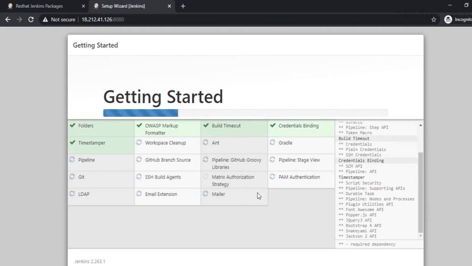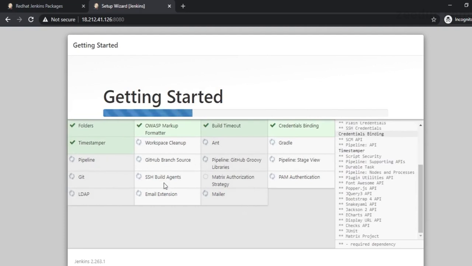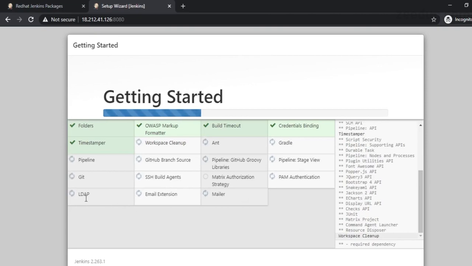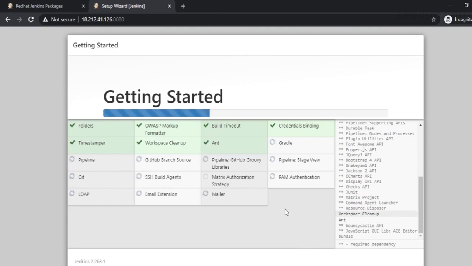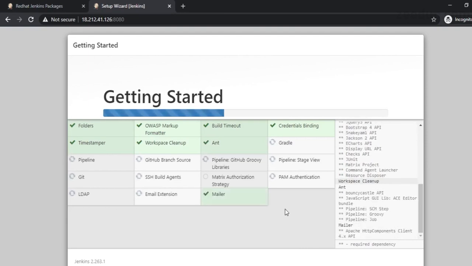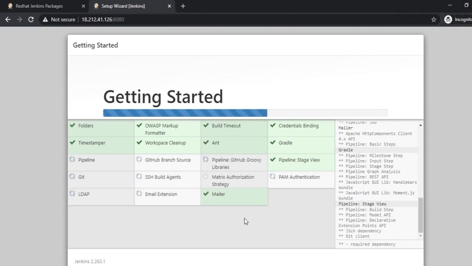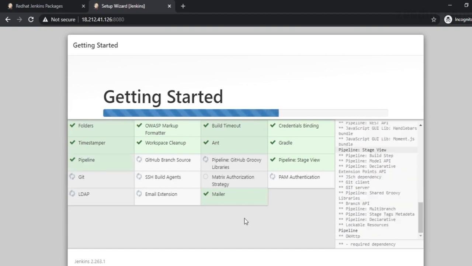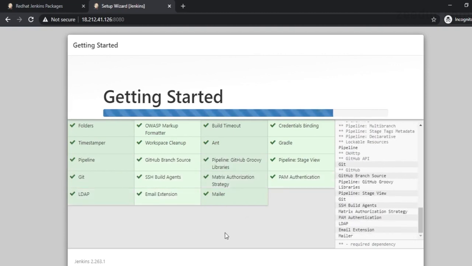So Jenkins will automatically select these popular plugins that most of the people install when they first set up their Jenkins server. So these are the plugins that it chose: Workspace Cleanup, Ant, Gradle, Pipeline, Git, GitHub Branch Source, SSH Agent, Mailer, and many other things. So these are the plugins that will be installed when Jenkins is up and ready for the first time.